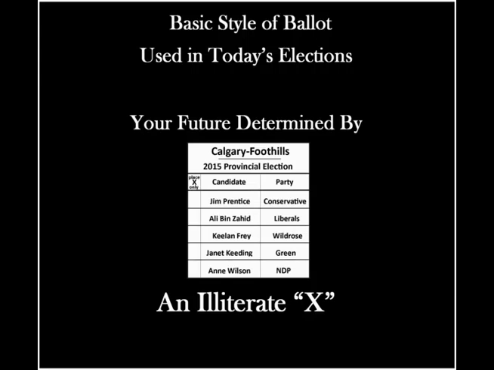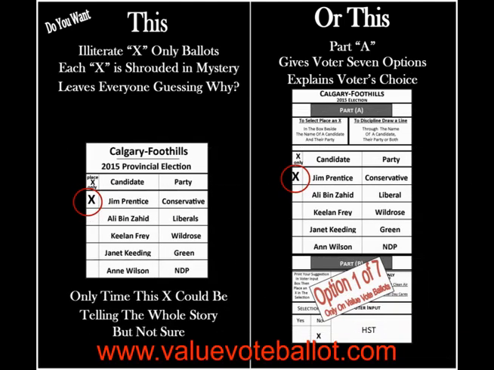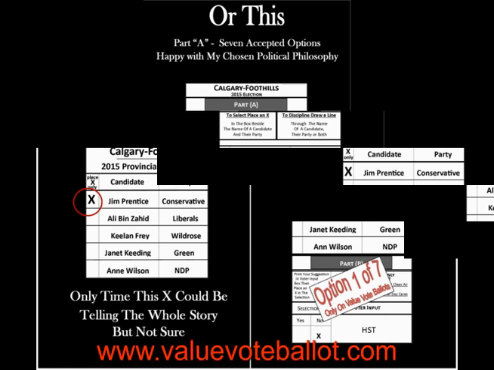We all know the Alberta election results, NDP victory. But what else do we know from that election when Canada continues to use the illiterate X method of voting? Nothing. Let's take a look at that election through the eyes of the Barnes method of voting with its Value Vote ballot. I will use only the Conservative leader Jim Prentice and his riding in my examples, but I want it clearly understood that all references to possible votes are based on voter possibilities in all ridings.